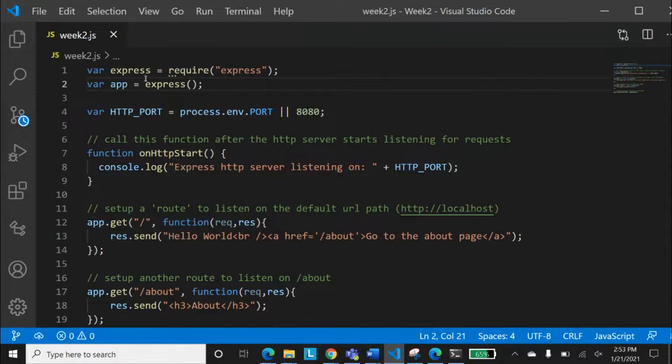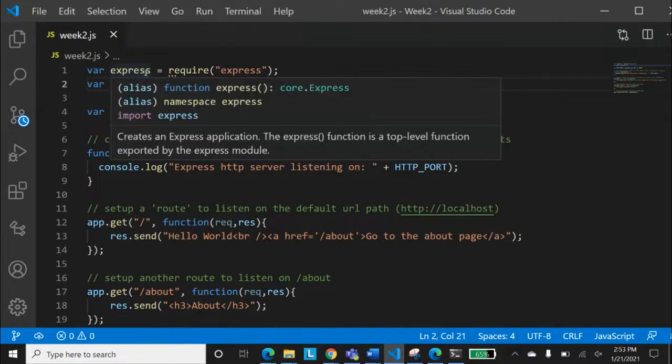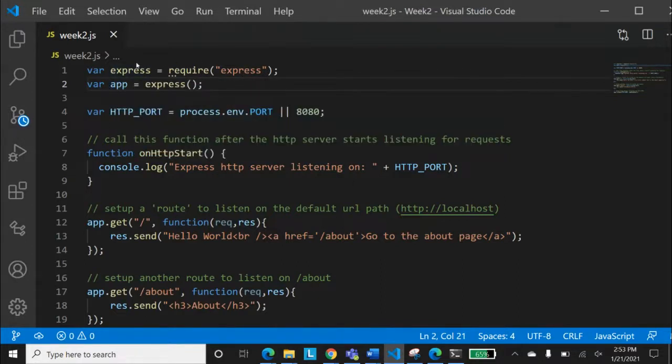So you see that var express. First of all, we are trying to run an Express server. And for that, what we need is we always require. You have seen that in Node.js, this require plays a very important role. Whenever you need something from someplace, you just call it over here with require, and you have that.